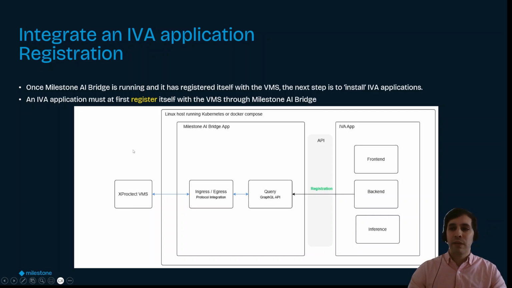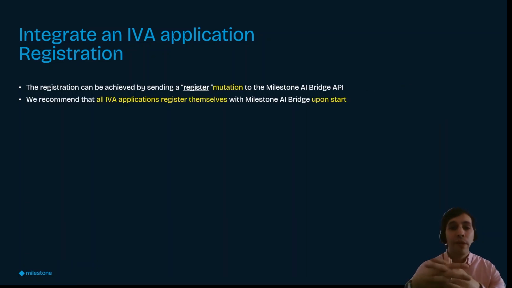Let's have a deeper look at how these requests and this registration work. The registration can be achieved by sending a register mutation to the Milestone AI Bridge API. We thus recommend that all IVA applications should register themselves with the VMS upon start. Let's now check a demo on how this register mutation works and how it could be used by an IVA